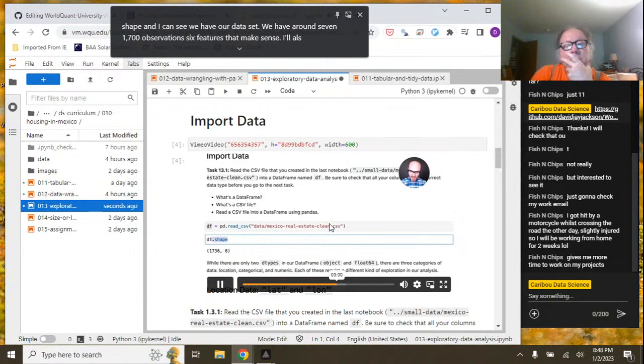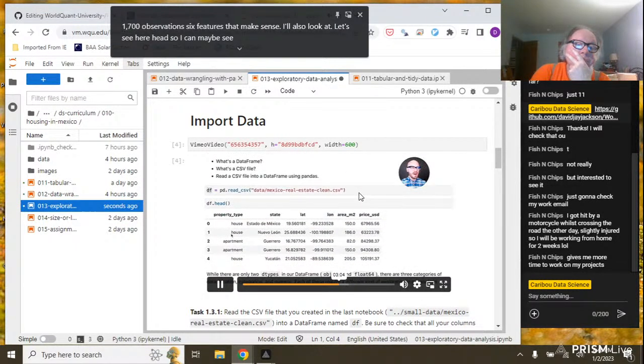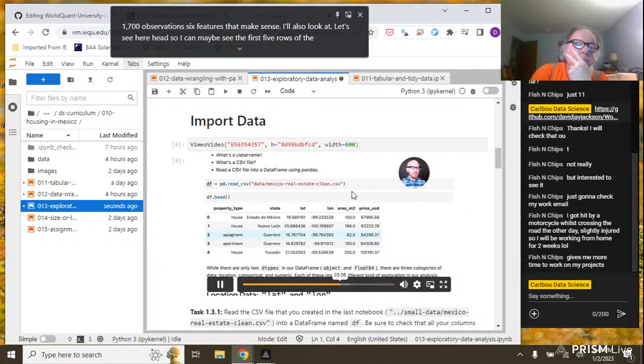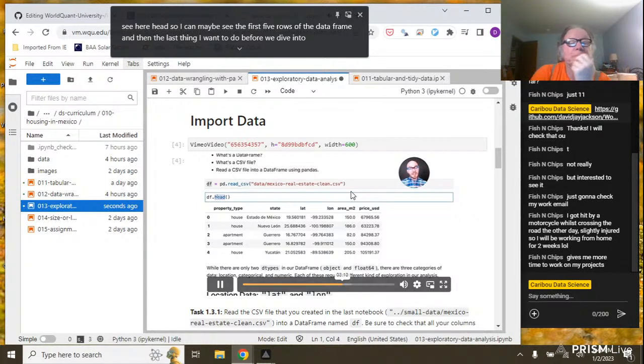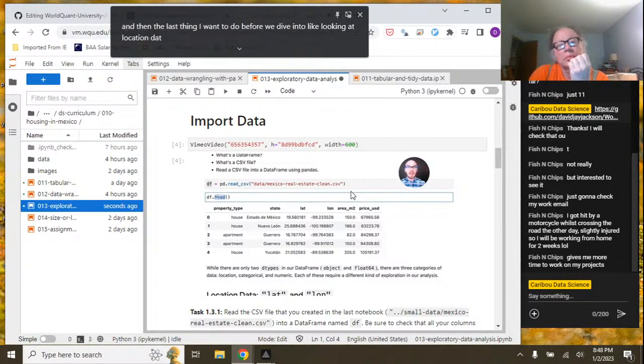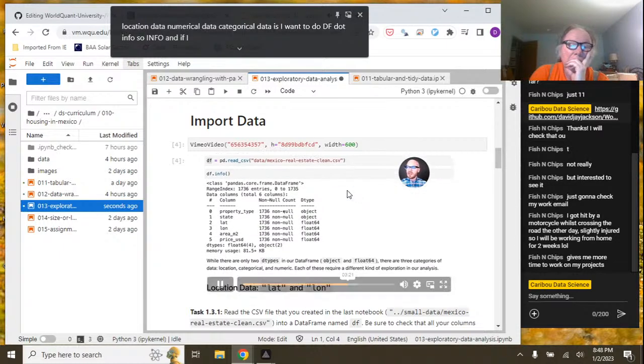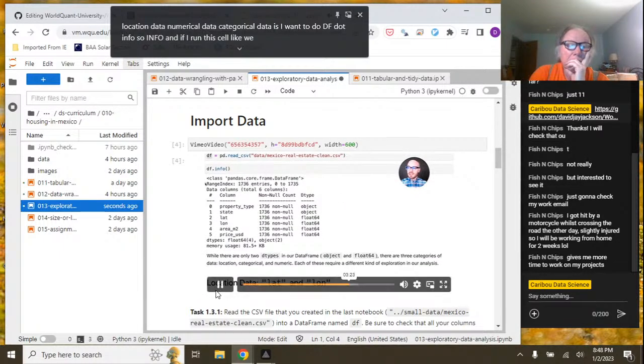I'll also look at head, so I can see the first 5 rows of the data frame. And then the last thing I want to do before we dive into looking at location data, numerical data, categorical data, is df.info. So info. And if I run this cell, like we talked about in a previous lesson, it gives me